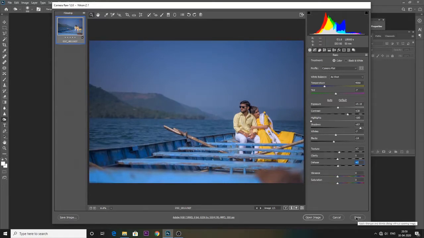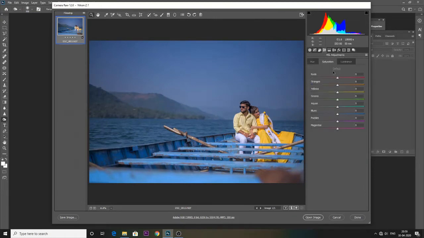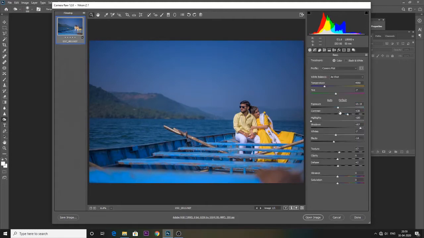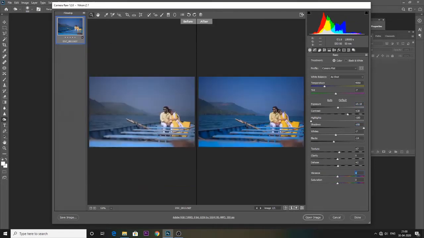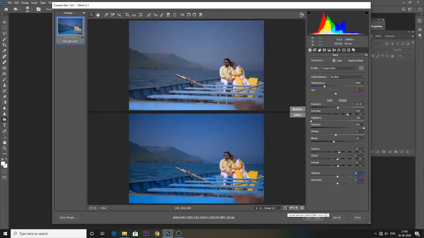After doing so, I'll go to my HSL adjustment panel. I'll increase the yellow and I'll increase the blue because I want this image in a complementary color palette. I'll tweak a little bit of exposure and shadow and a little bit of vibrance. Now you see the result before and after. Within say about 2 minutes we have edited one pre-wedding photo,